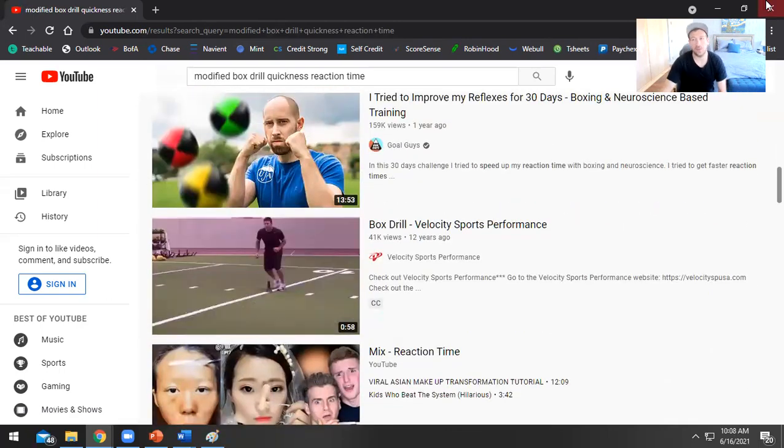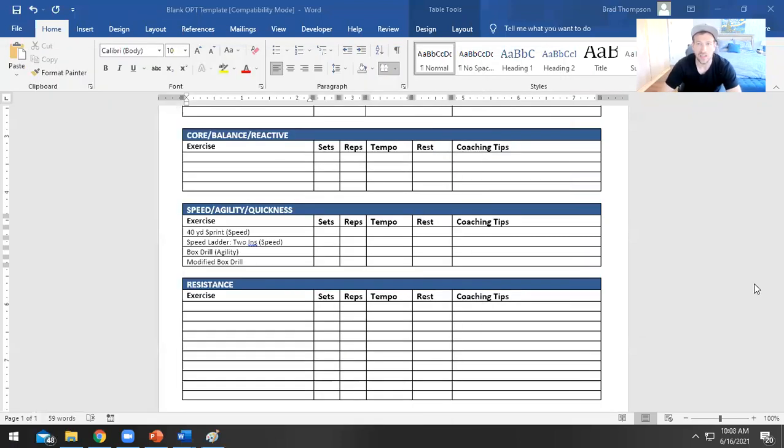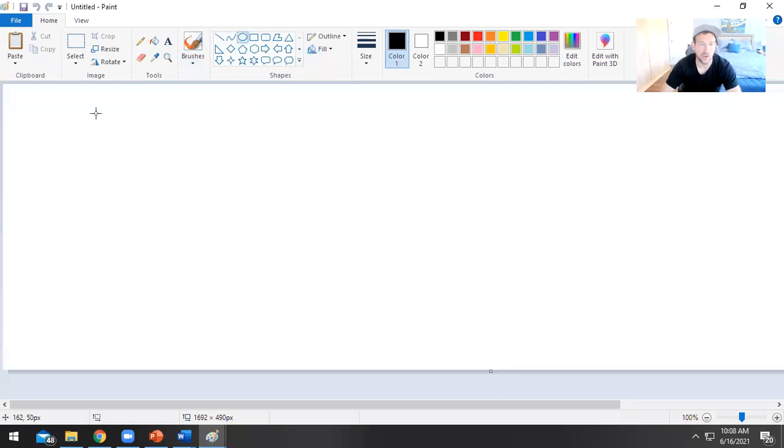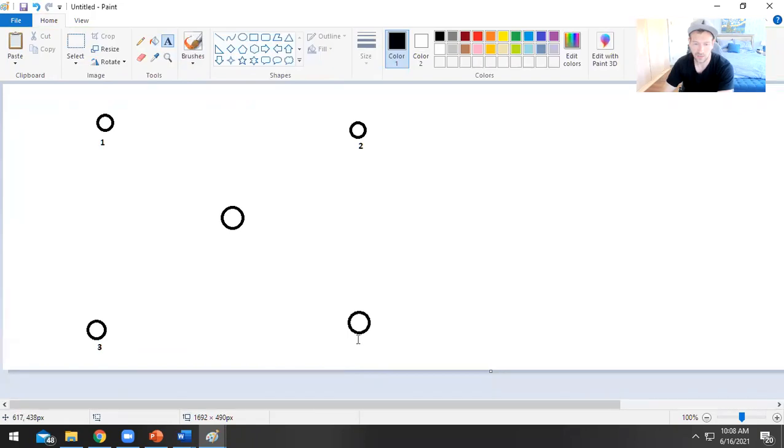So what you do is you set up 5 cones. It'll look something kind of like this. You put one here, here, here, and here, and then you put one in the center. You instruct your client to stand in the center. You label them: this would be cone 1, this is cone 2, cone 3, and cone 4. Now their job is to get to whichever cone you tell them to get to, and then back to the center as fast as possible. They have no idea which one you are going to say.